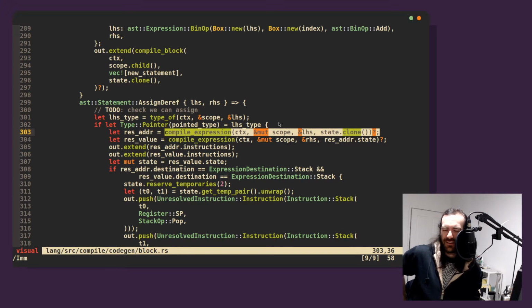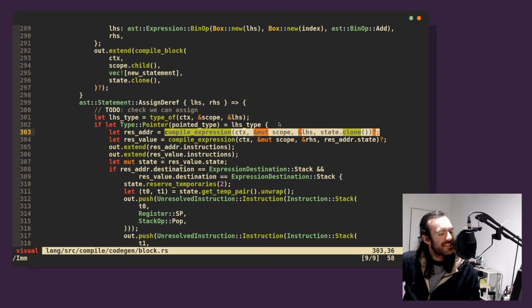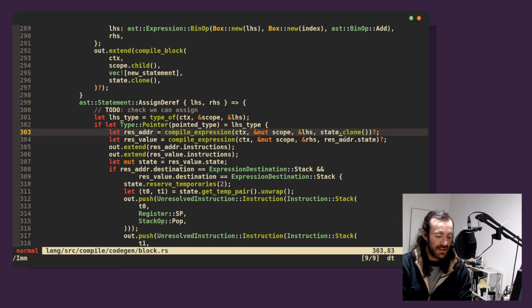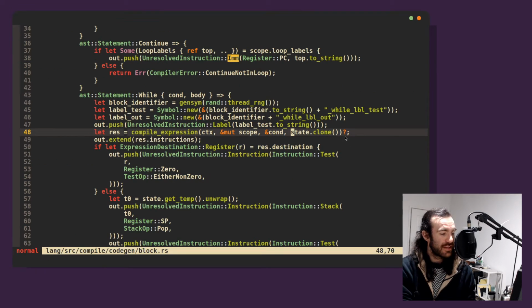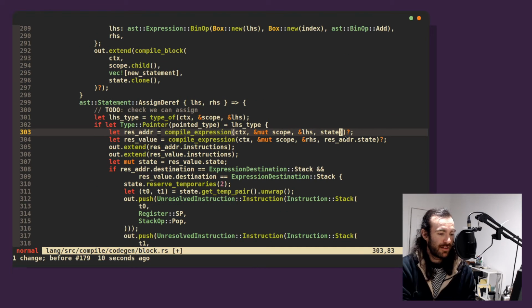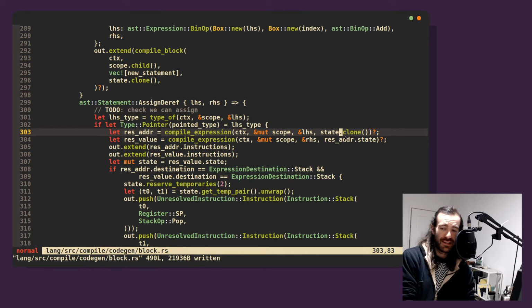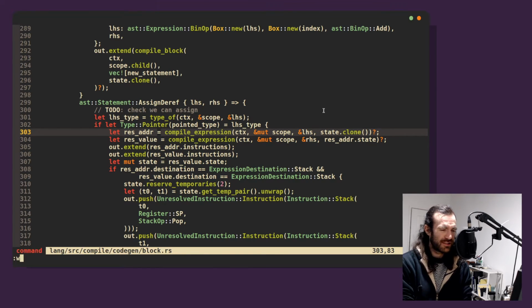Why is this hard? What have I done? The address is the left-hand side. We compile the left-hand side first. That makes sense. We also don't need to clone the state anymore. We shouldn't, because we should be using a later state always. Move occurs, okay. Oh, that's actually okay, because we have to clone because this is in a loop. So that's a nice little way we could check for ownership, but that's not gonna cut it, unfortunately. Okay, so,